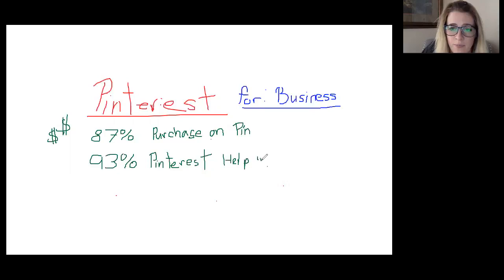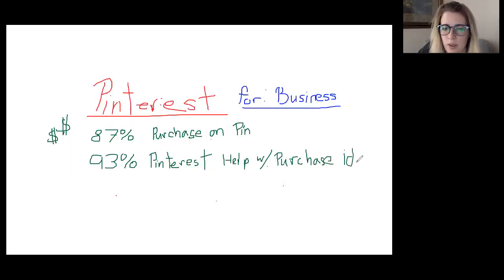This means that 93% of people who are active on Pinterest are spending time there to try and figure out what they want to buy. Perhaps they're looking for gifts. Perhaps they're looking for craft ideas or looking for recipes, but 93% of people, I'll go ahead and write ideas out because I'm running out of space here, are on Pinterest to look for help with making these purchasing decisions, to getting these purchasing ideas.